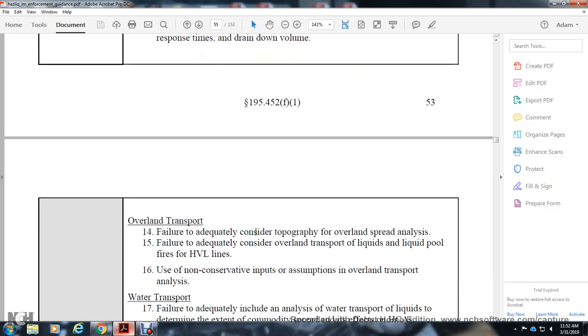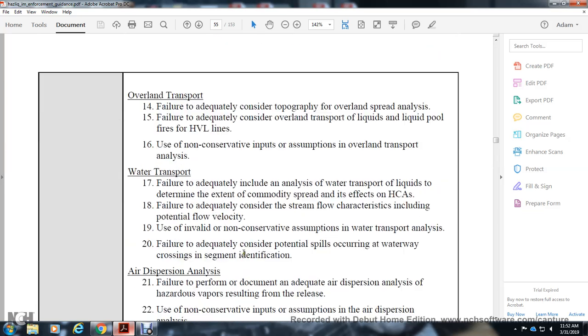Overland transport. 14. Failure to adequately conduct topographically overland spread analysis. 15. Failure to adequately consider the overland transport of liquid and liquid pool fires with the HVL. 16. Use of non-conservative input assumptions in the overland transport analysis. Water transport. 17. Failure to adequately include the analysis of the water transport of the liquid to determine the extent